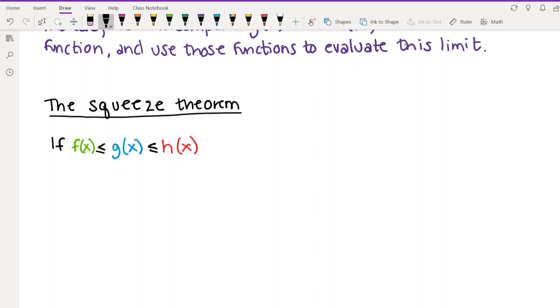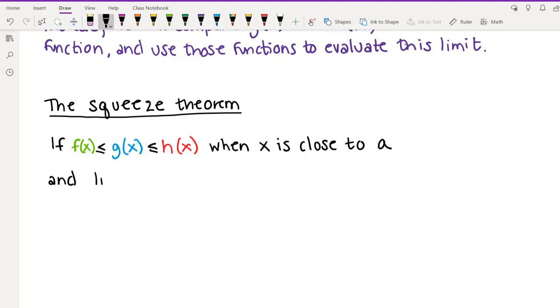And this inequality doesn't always have to be true. It just has to be true when x is close to the number where you're taking the limit. So I'm going to say when x is close to a. So if that's true, so if you have your function and you can find these other two functions to kind of squeeze it between, if additionally